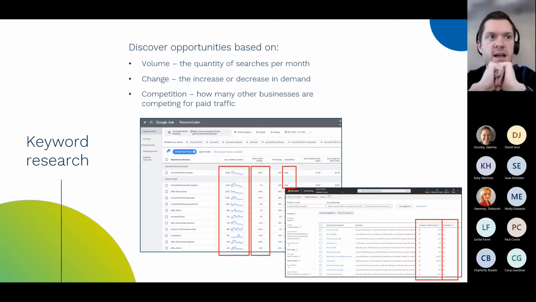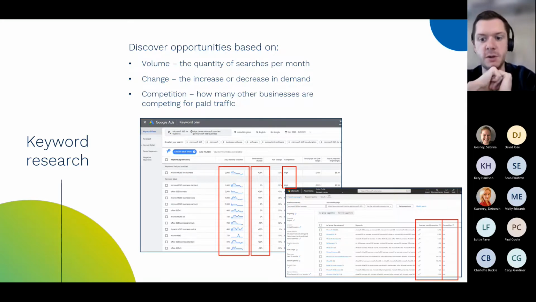We've got all the keyword ideas on the left next to the red columns. We've got the average number of searches, and then we've got what the monthly change is for Google. Microsoft doesn't give it to us, but we can just see the competition as well. Competition can either be high, medium, or low. Low competition does what it says on the tin, really. There's not a lot of it.